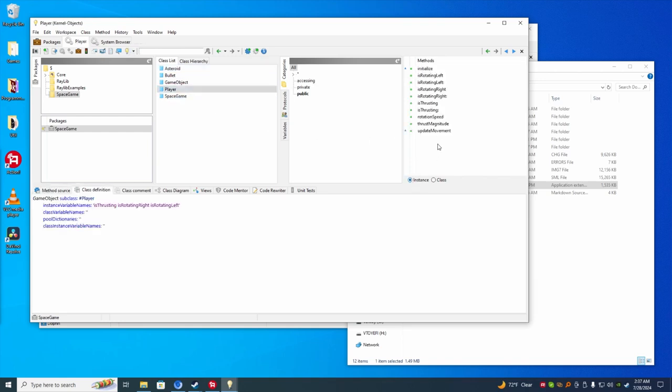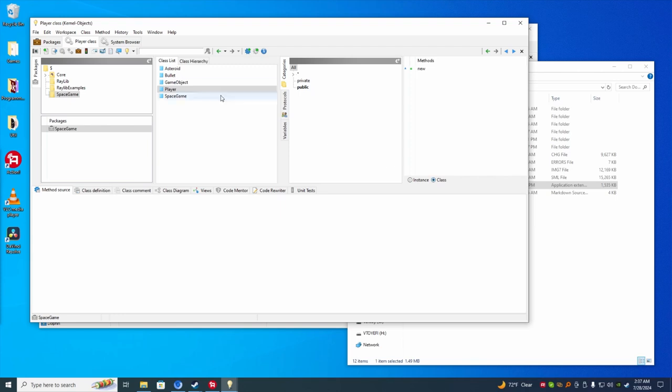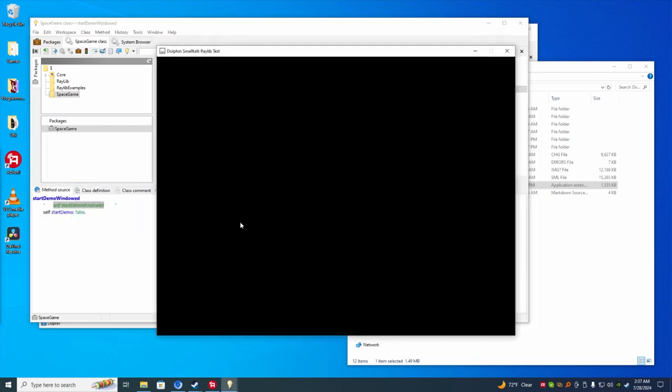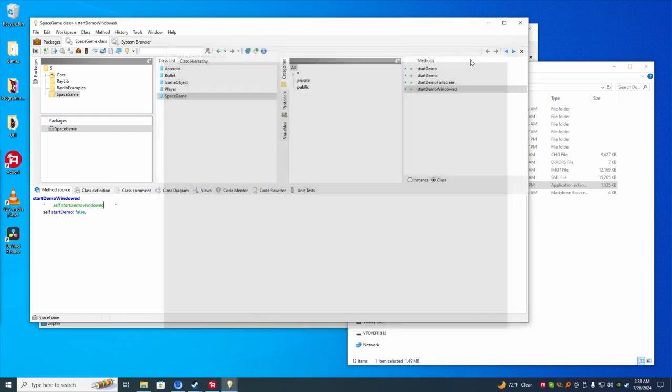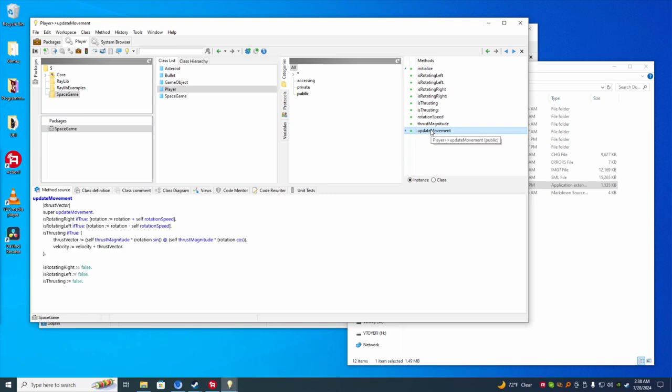Let's reduce the thrust magnitude to 0.01. Save the package, save the image, and run the game. Okay, so it's going straight down. So what we need to do is change the rotation that gets sent in that code 90 degrees to the right. So in update movement,